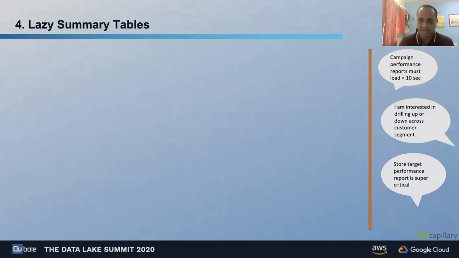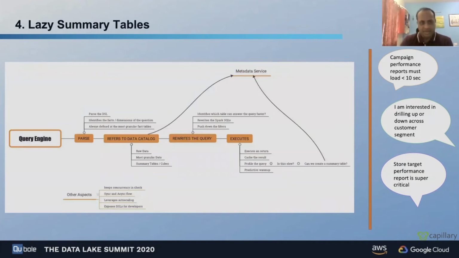So the point to note here is that there are various users who are interested in various parts of the system, and they would want those systems to be very, very performant, right? So what does our query engine do? The query engine, which powers all the products, works in between the data lake and the product ecosystem and parses this DSL. We expose to all the products a domain specific language, and then it parses that DSL, figures out what this query intends, and what data catalog it needs to answer that question,